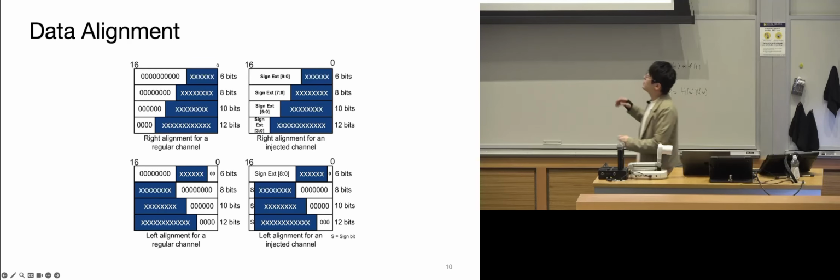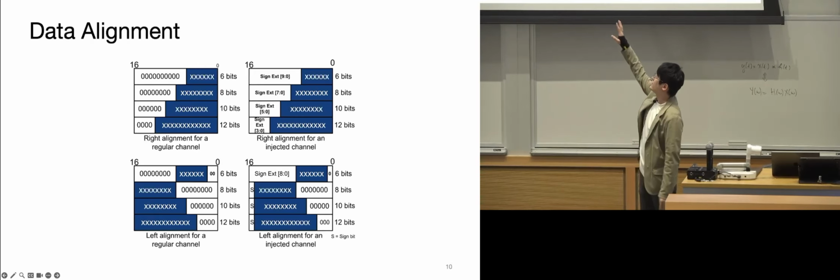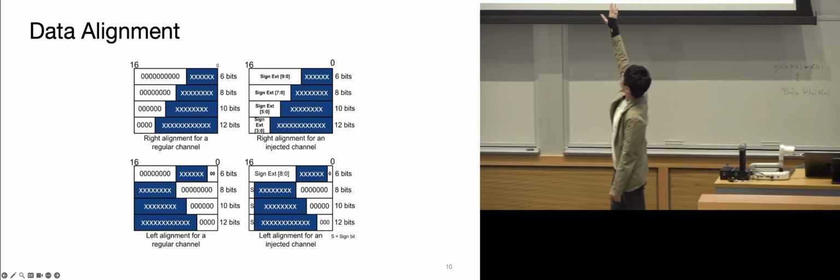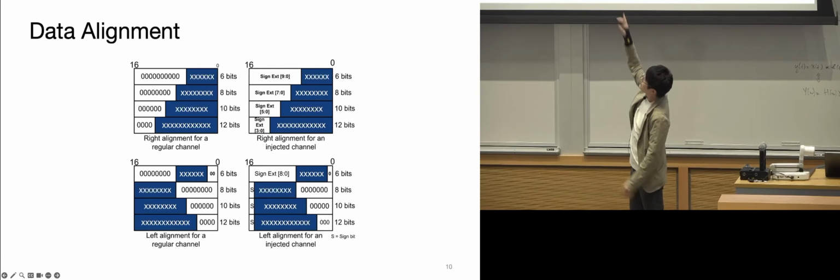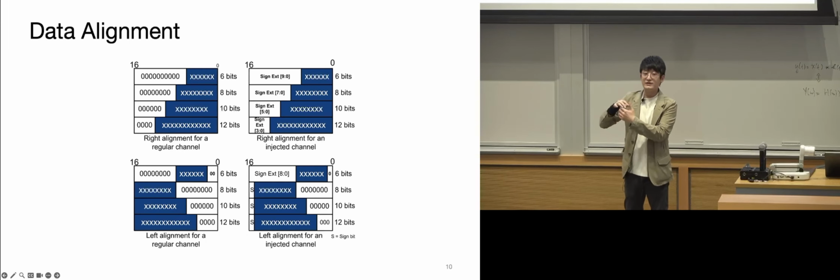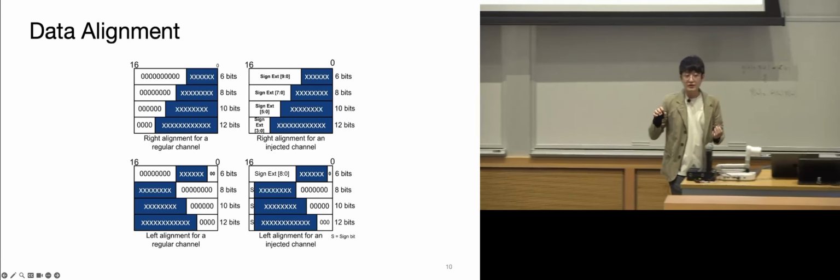Some of those bits you can also use as the sign extension. So anything before that, for example, if we look at this one, the top, the 6-bit one, the sign extension bits will take up 8 bits, and those will essentially be the same value. So if it's negative, it's just going to be all ones. If it's positive, it's going to be all zeros.